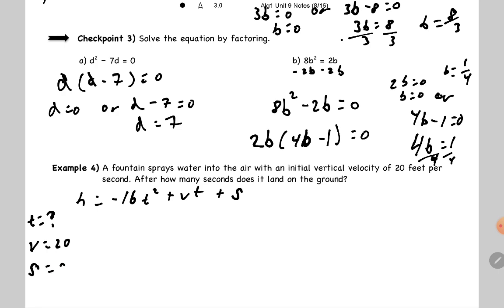So we're going to have to assume that the fountain is on the ground. The spout, where it shoots the water. So we're going to say it's on the ground, which wouldn't make sense. So fountain on the ground